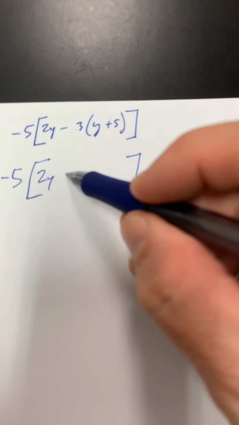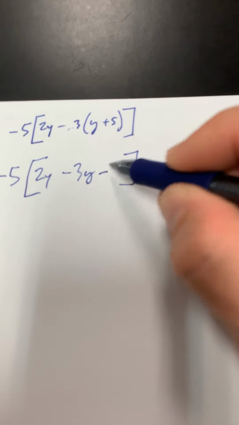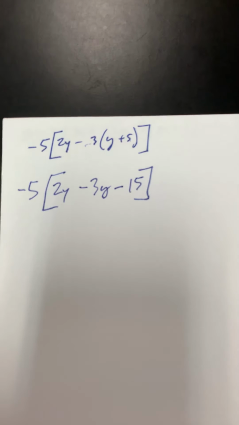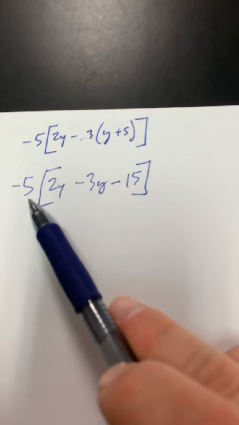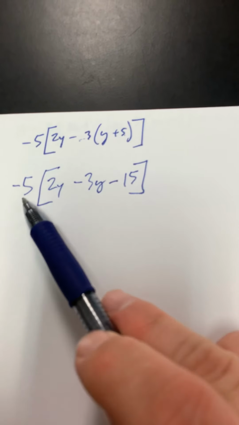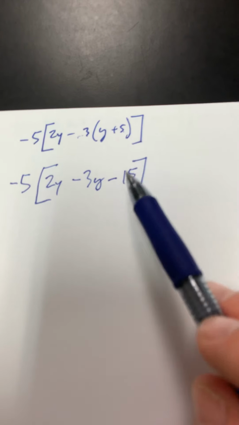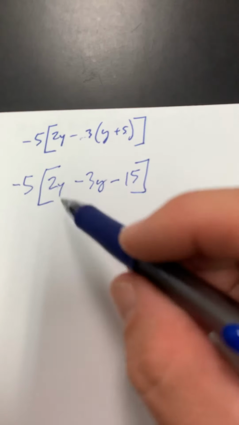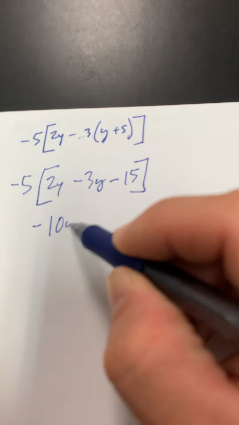Negative 3 times y gives us negative 3y. Negative 3 times positive 5 gives us negative 15. Now we just have one more set of grouping symbols to deal with. So we're going to distribute the negative 5. We're going to go negative 5 times 2y, negative 5 times negative 3y, and negative 5 times negative 15. So it's going to give us negative 10y